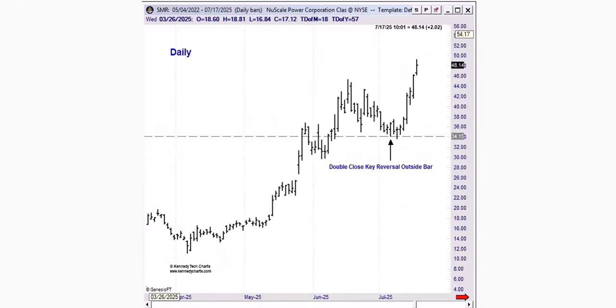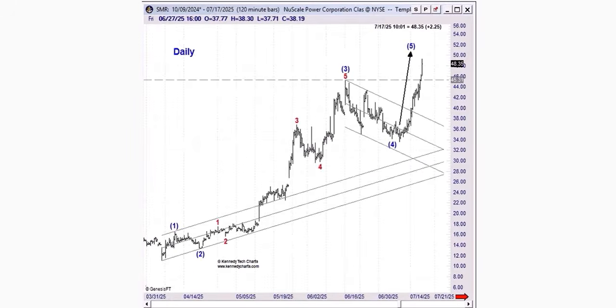This would have been early July. The reason I shared this with you is because right here on this trading day, July 7th, we had a double close key reversal outside bar combination. That's an exciting bar pattern for me because a lot of times, not always, it does coincide with a trend reversal. So we were watching this double close key reversal, and here was the operative Elliott wave count that I